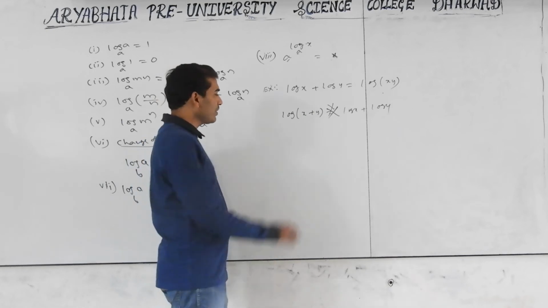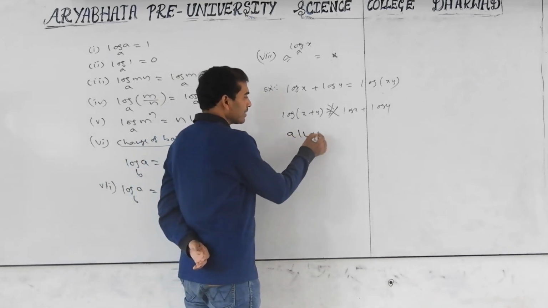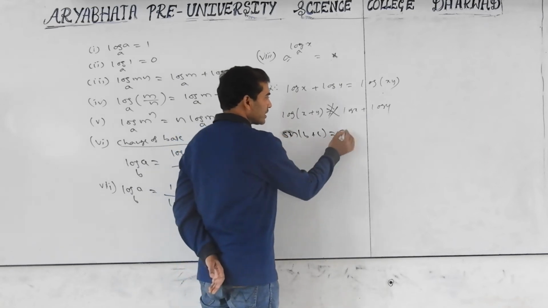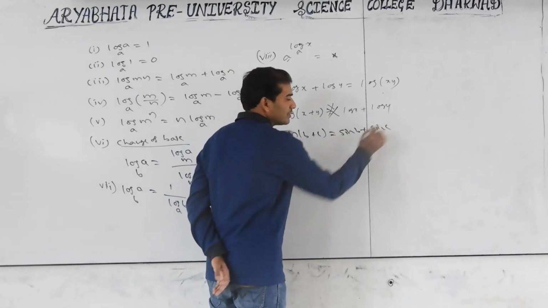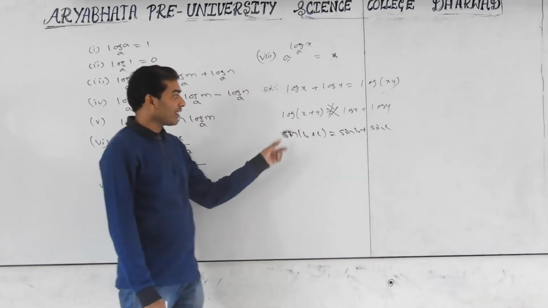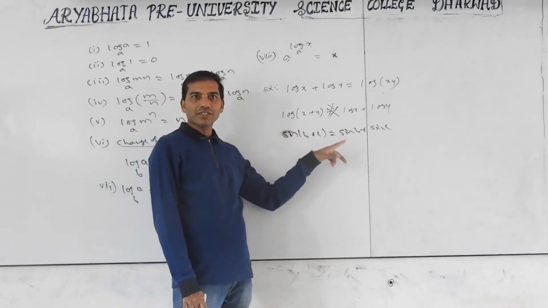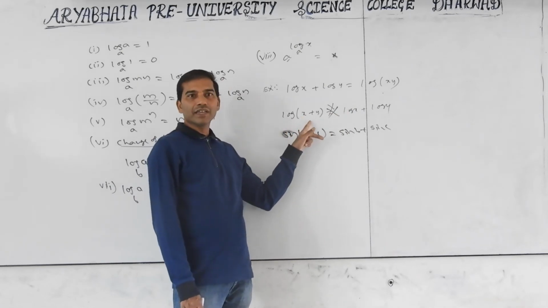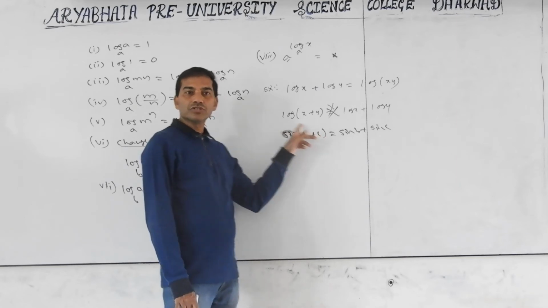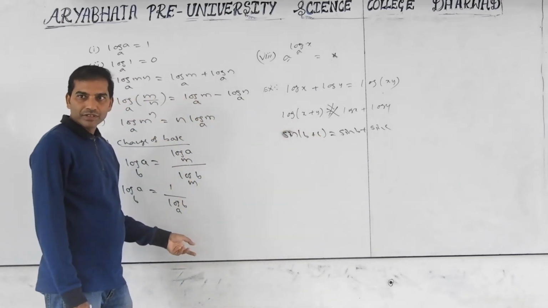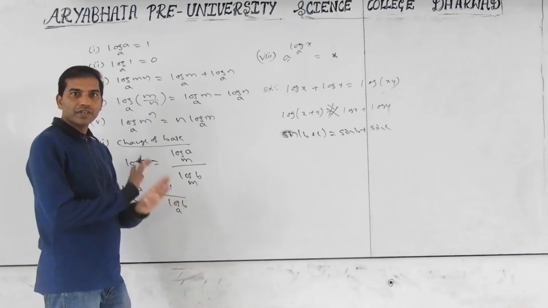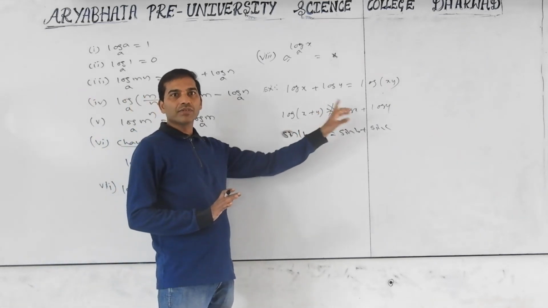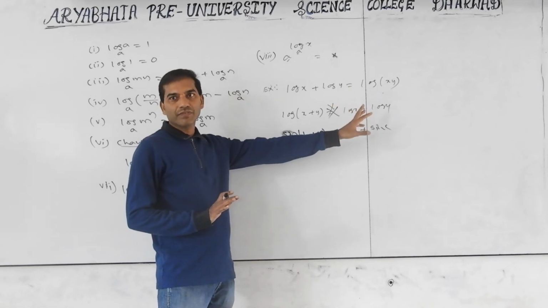Because many students, what they will do, a into b plus c, sin of b plus c, is it possible to write sin b plus sin c? No, you should use the sin of a plus b formula: sin b cos c plus cos b sin c. Like that, for log of x plus y, while finding logarithm you should use the properties of logarithm. There is no property for this. That's why don't use your own creation. The log of x plus y is not equal to log of x plus log of y.